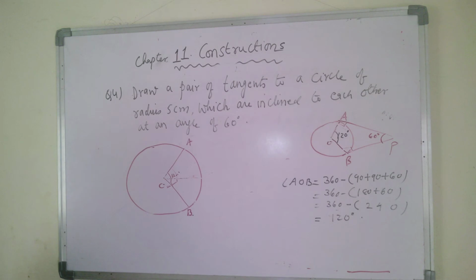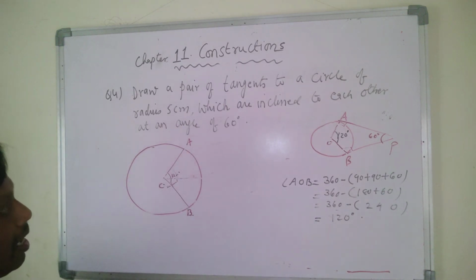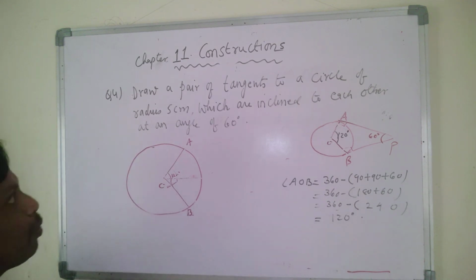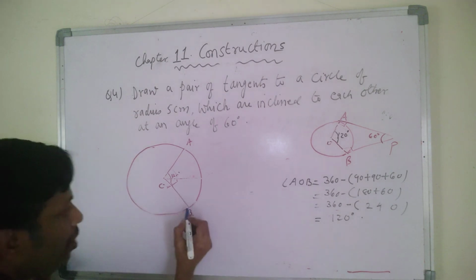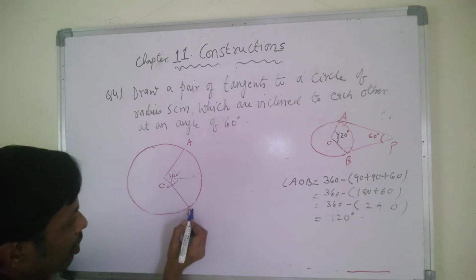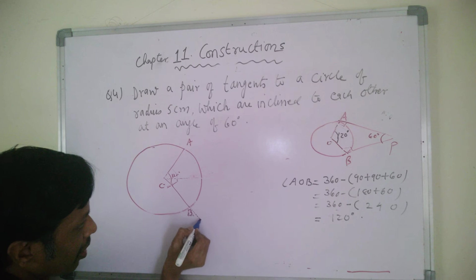Now I'm supposed to draw the tangent. So you have learned that there are two places A and B. So I will be drawing tangent at A and B, and I will make them intersect with each other, and definitely wherever they meet they will make an angle of 60 degree. So how to draw a tangent from a point on the circle, that you have learned okay, in my previous video. So what I'm going to do, I'll be extending this.